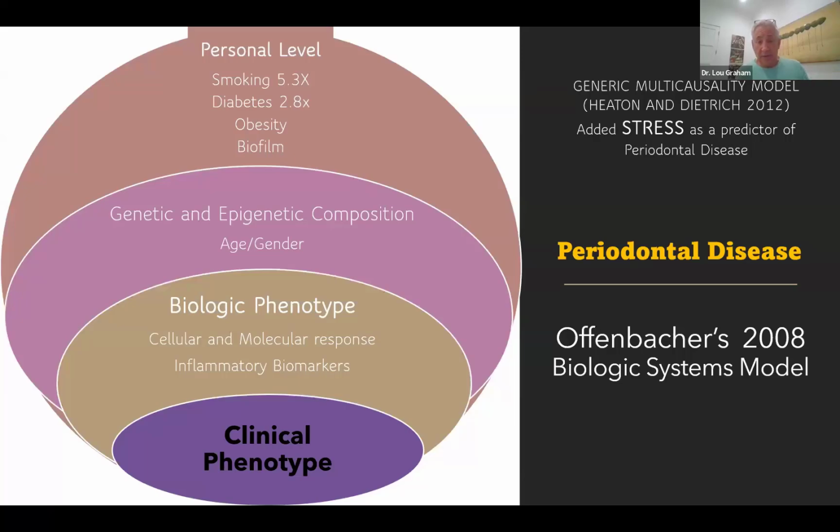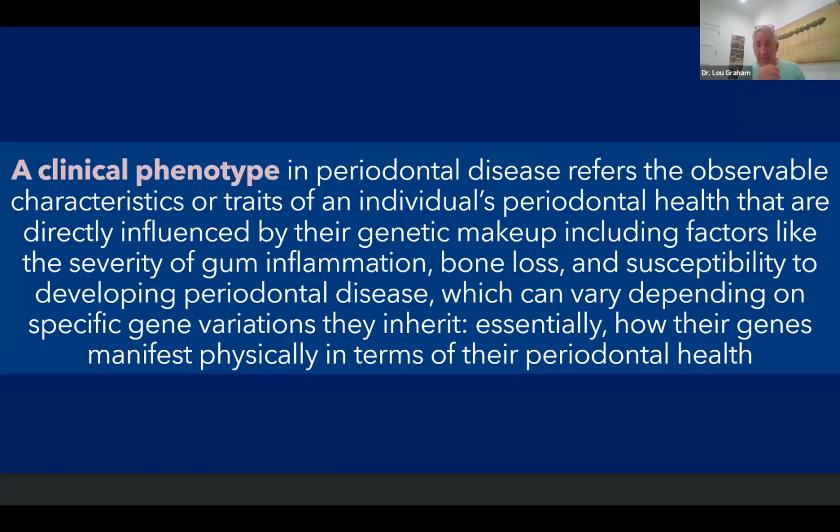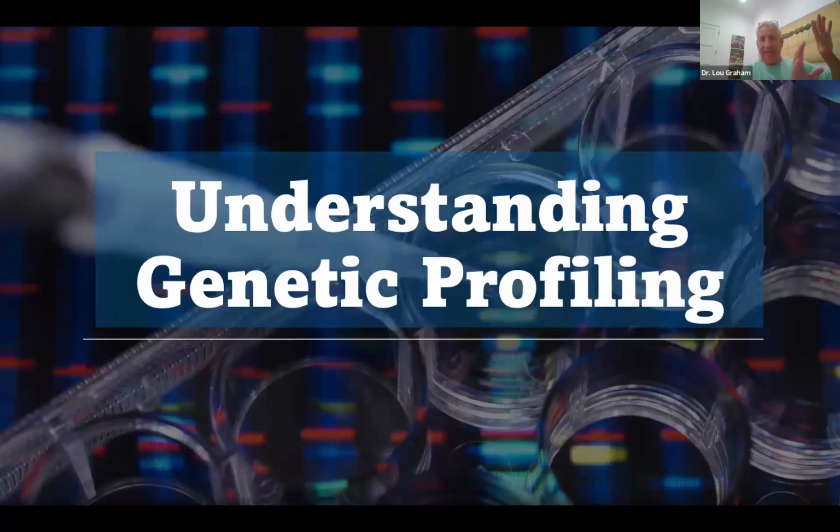And the last is the clinical phenotype of the patient. And this really refers to in regards to periodontal disease, the observable characteristics or traits of an individual's periodontal health that are directly influenced by their genetic makeup, including gum inflammation, bone loss, and susceptibility to developing periodontal disease. All of these things are components of periodontal disease. This is what we don't think about in our practice every day. So with that as kind of a guide,